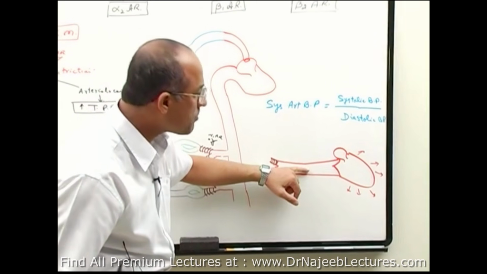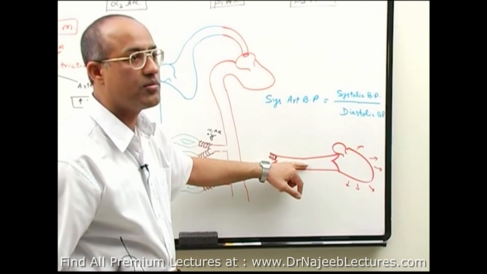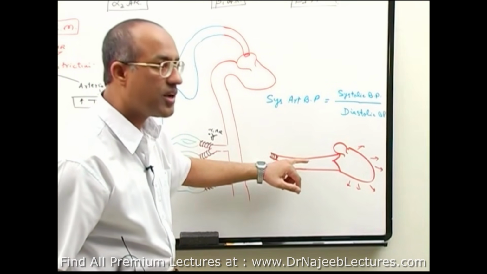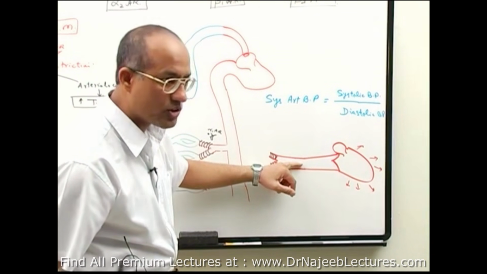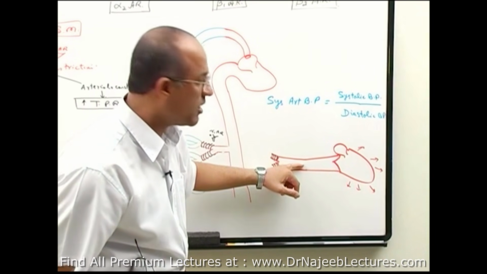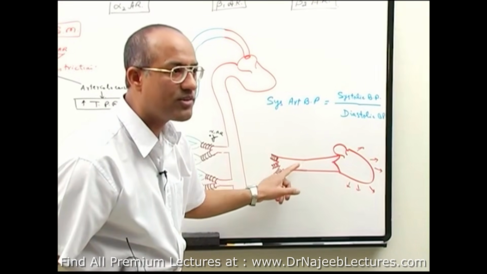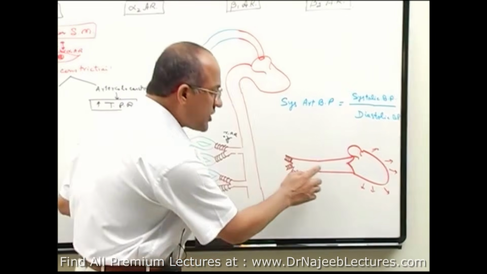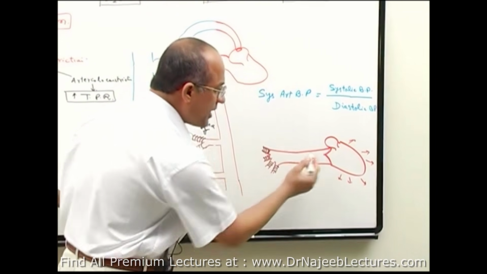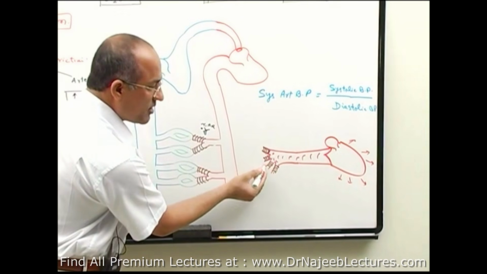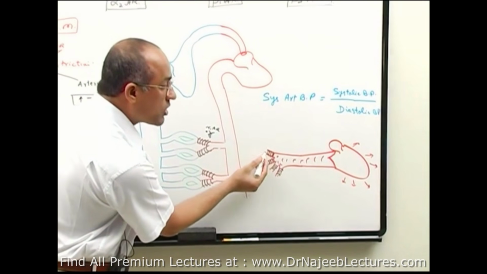Now, what will be the pressure maintained in the arterial system during diastole? The blood pressure maintained in the arterial tree during diastole does not depend mainly on cardiac output, because at that very moment there is no cardiac output. Now, the pressure of blood here depends on which factor? It depends on arteriomotor tone,